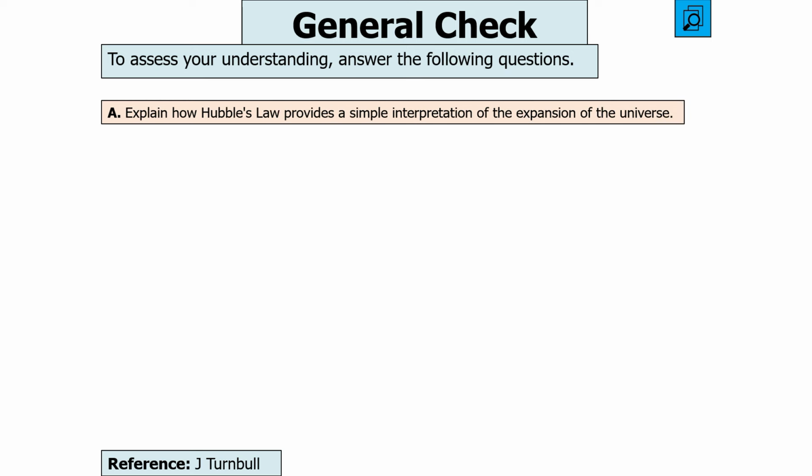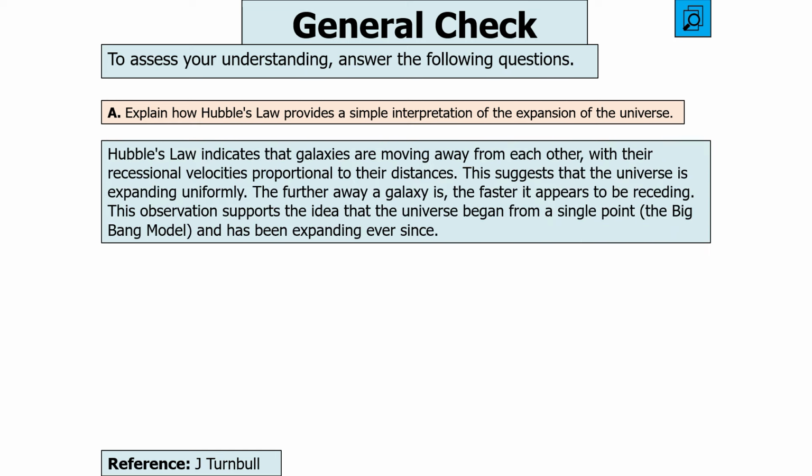Explain how Hubble's law provides a simple interpretation of the expansion of the universe. Hubble's law indicates that galaxies are moving away from each other, with their recession velocities proportional to their distances. This suggests that the universe is expanding uniformly. The further away a galaxy is, the faster it appears to be receding. This observation supports the idea that the universe began from a single point, the Big Bang model, and has been